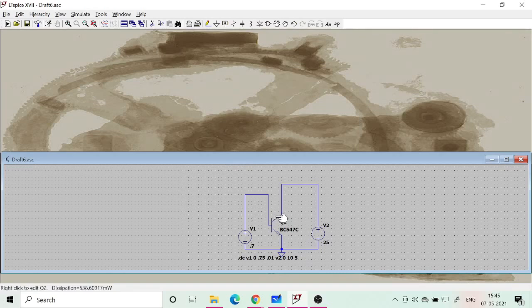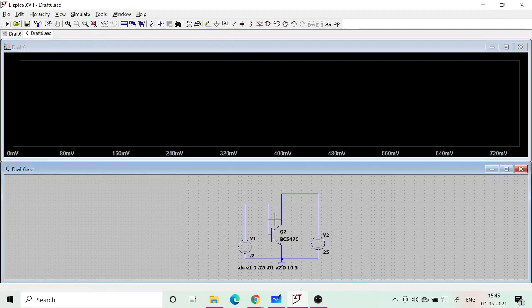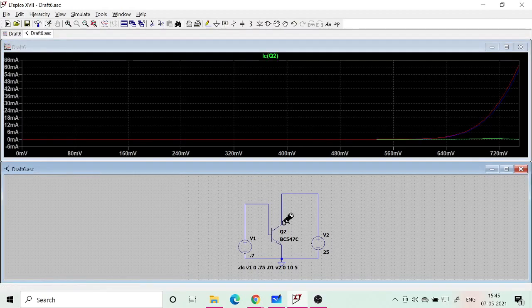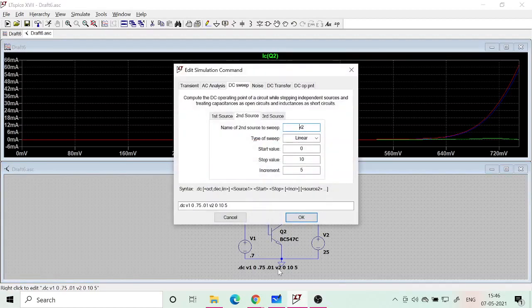So what you need to do is run it and then plot this. So 3 curves will come. One is not satisfying the forward active condition, so 0 volt means you need to apply at least 0.2 volt, and then you have 2 more curves, one for 5 volt VCE and the other for 10 volt VCE. So this is the input characteristics. The next thing you have to do is the output characteristics. So it's not input characteristics, what we have plotted is the transfer characteristics.